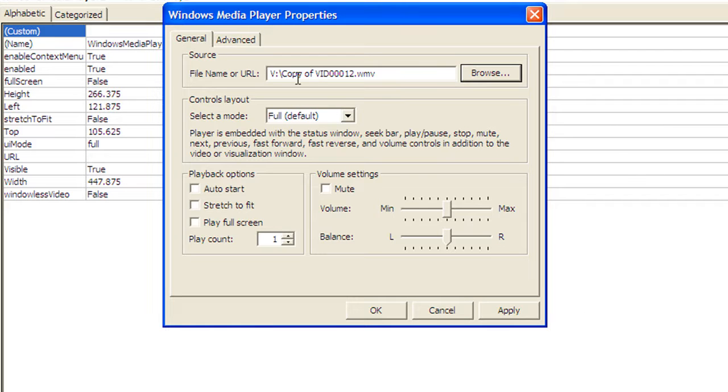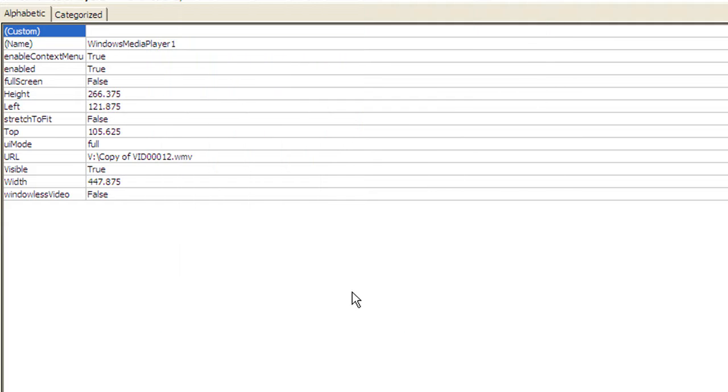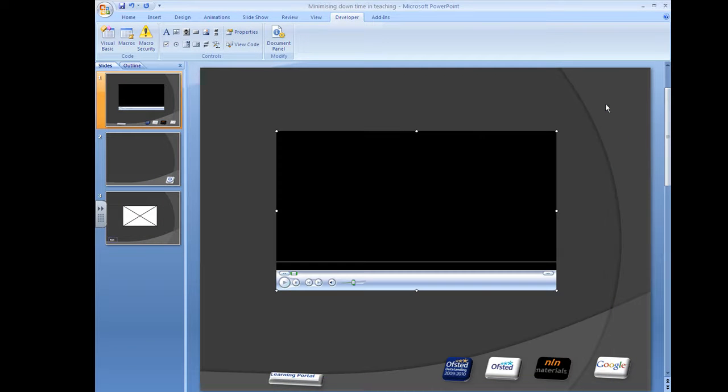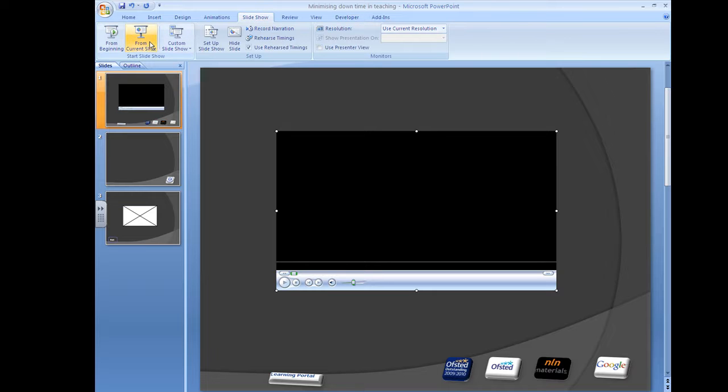You can see that it's coming in here, and all we have to do then is press Apply, and that's now turned blue, and OK. So when I switch that down and off, hopefully when we go to slideshow from the current slide and press play,